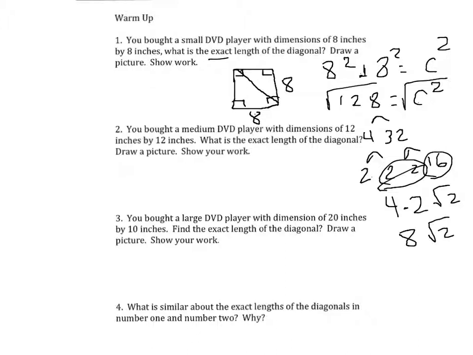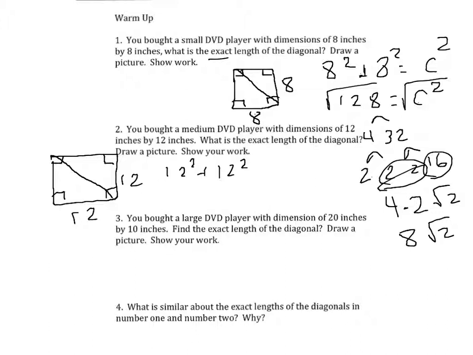And then if we look at the next one, it was a DVD player that was a little bit bigger. It was a 12 by 12. Again, it was a square, so the sides were all equal and form a 90-degree angle at each corner. Looking for that diagonal, if you go through that, you're going to get 12 squared plus 12 squared equals c squared, and 144 plus 144 would be 288